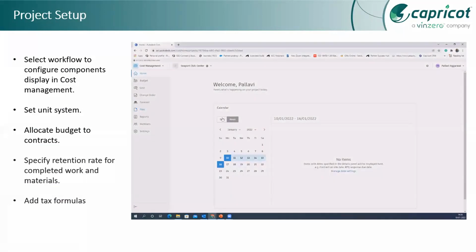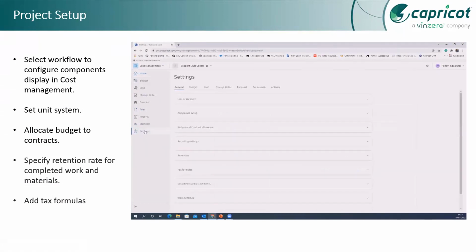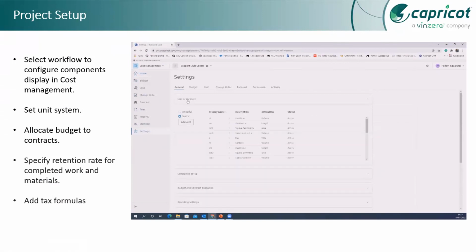Okay. So let's start with the cost management now. So firstly, we will look into the settings. ACC provides this platform where you can customize